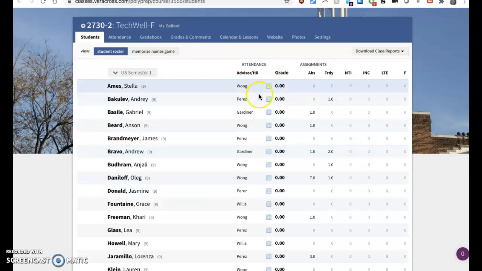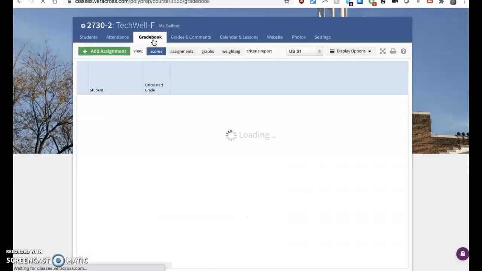and you'll see when you're in your class, you have at the top attendance, gradebook, grades and comments, calendar, website, photo, settings. A lot of people don't really make much use at this time of calendars, website, photos, or settings. So attendance you take every day. The gradebook and grades and comments are really where, when you're thinking about grades, where you spend most of your time. Okay, and so if you go into the gradebook,